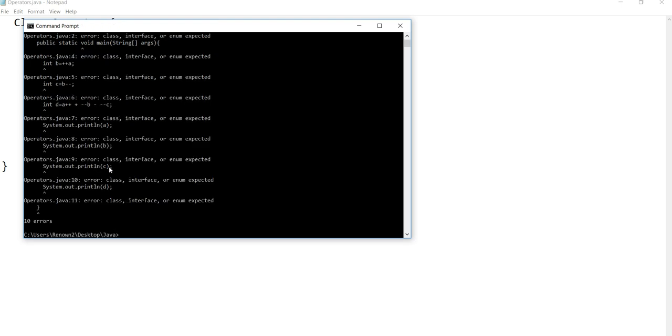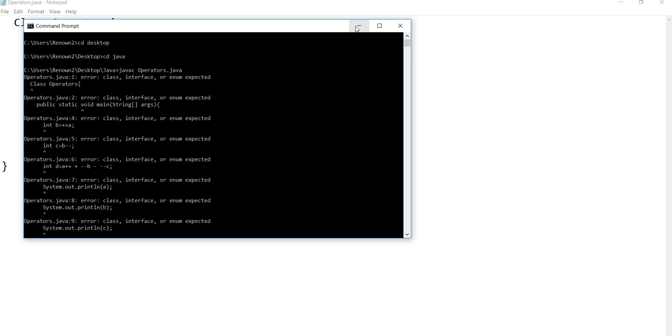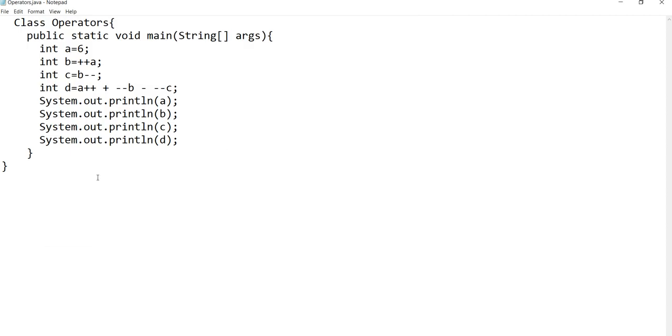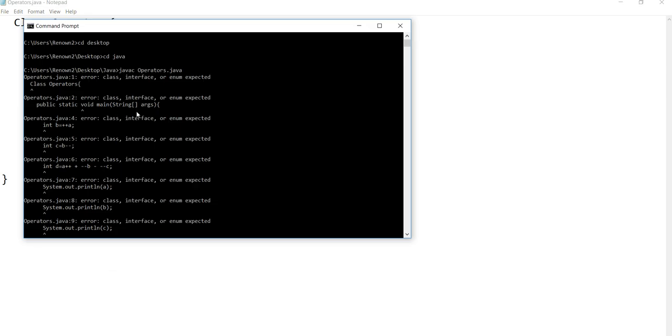Once compiled, there is an error: class, interface, or enum expected.